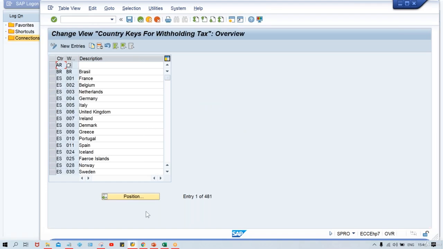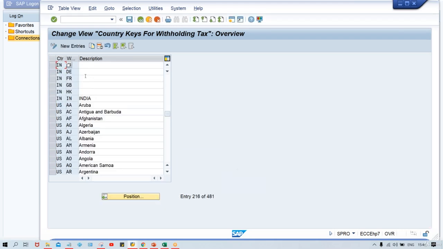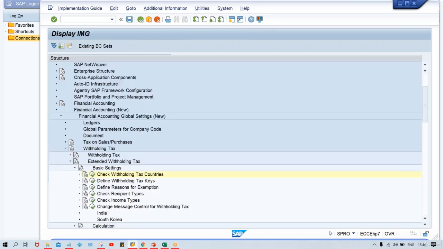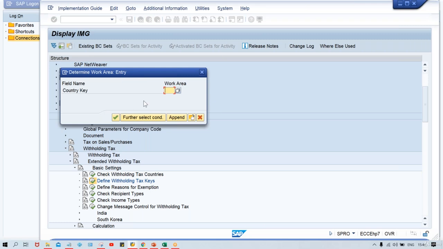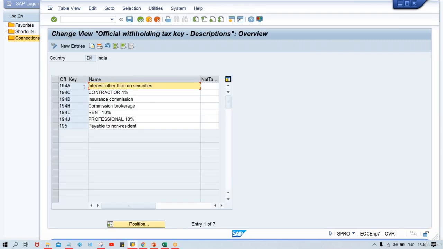Okay, click on back button. Now here, click on position, and it is already there. It is already set up, right? So now no need to set it up. If it is not set up, only in that case you have to set it up. Now withholding tax key. Here in withholding tax key, you just do one thing. Give your country code. And look here, multiple withholding tax keys are already given, like 194A, 194C, 194I, 194H,